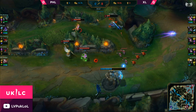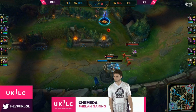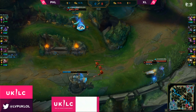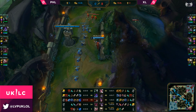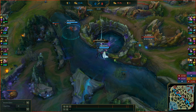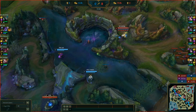They destroy Phelan, and I've got to ask, why are you looking to make plays around your bot lane? Why did Soft go for the aggressive play from that brush? He had the vision advantage. He saw them coming. He could have just ran away, but instead, they call the team to go in, and they lose heavily. 8-0, 6k gold in 10 minutes. It's disastrous. And the most difficult thing about all of this is that